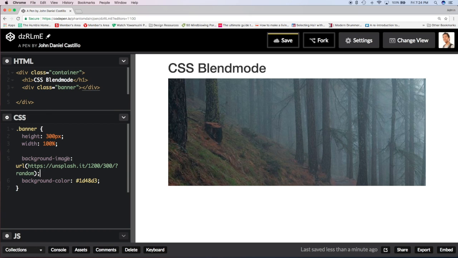Then we set a background image, which is this one, and then a background color, which is the blue that we have kanina. Wait, let's set the background size to cover, and then now this is where the magic happens. When we set the background blend mode,